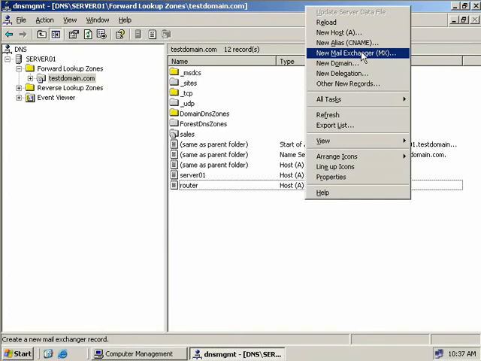Now with web servers and FTP servers, there's an unwritten rule that says that web servers and FTP servers should start with a www or an FTP. While this isn't exactly written in stone, of course, when you point your browser to a website, you simply expect to type in www.somethingorother.com. Now with email servers, there's no such rule, so an MX record is what tells DNS where to send our email. So to create an MX record, we'll simply right-click like we've done here, and we'll select New Mail